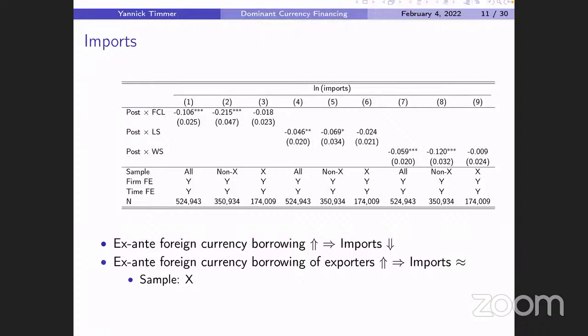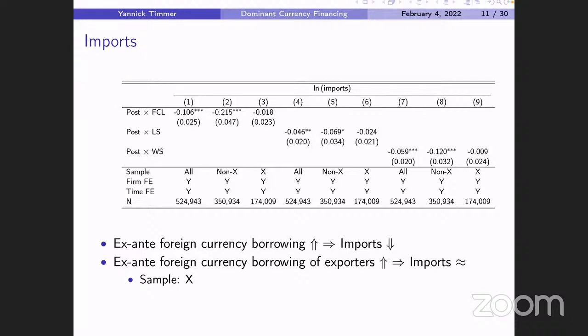Column 2 only captures firms that are not exporters, and column 3 captures firms that are exporting. You see a very strong difference between the coefficients in 1 and 2 and 3. When you look at only firms that are exporting, if they have more foreign currency borrowing just before the depreciation, you do not see that they are reducing their imports significantly